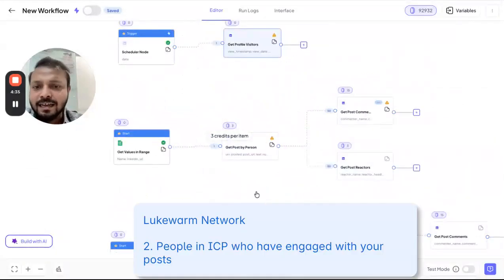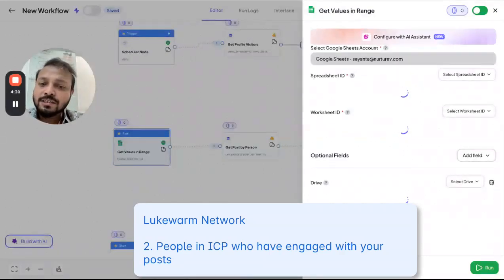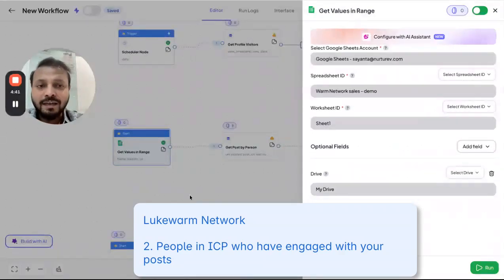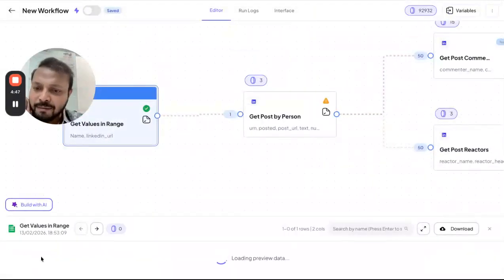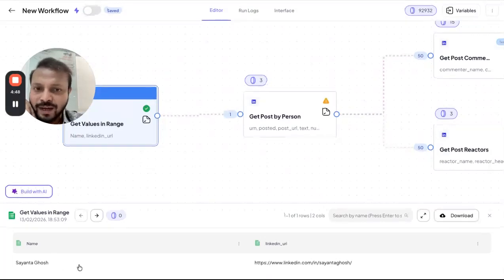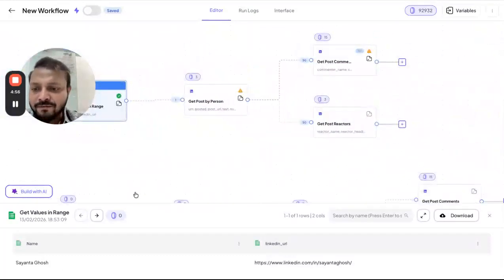The second is getting posts, the people who have engaged with my content. This could be my content as well as my company's content, NREV's content. So I could just enter my name along with NREV's name here as well. Right now it's just my profile that we're looking at, and typically I would of course look at NREV. And once I have these names, and there could be your co-founders, all your teammates for that matter,